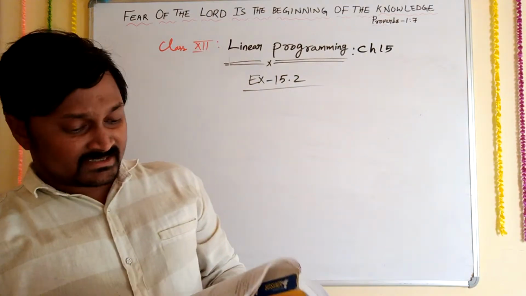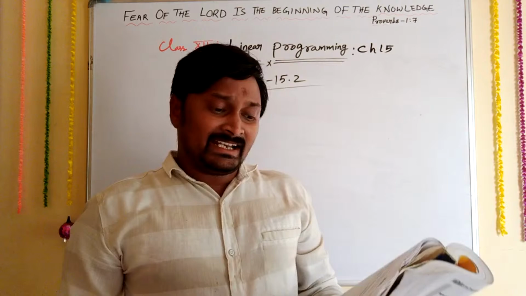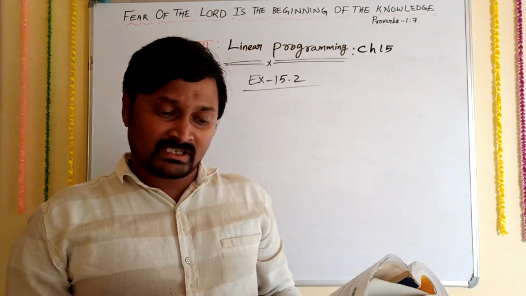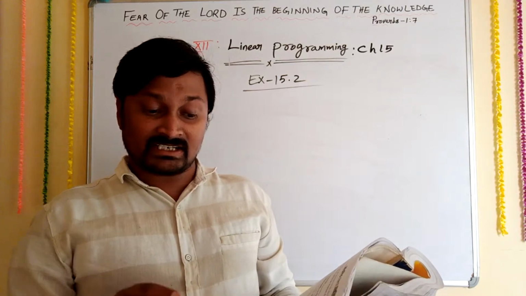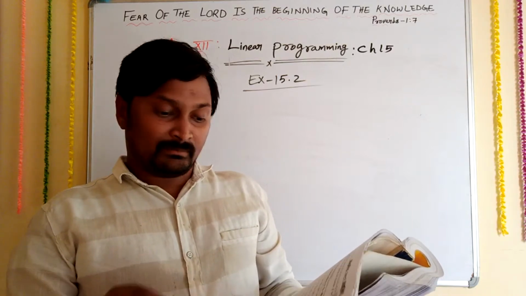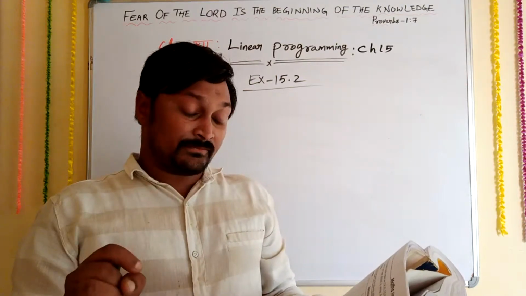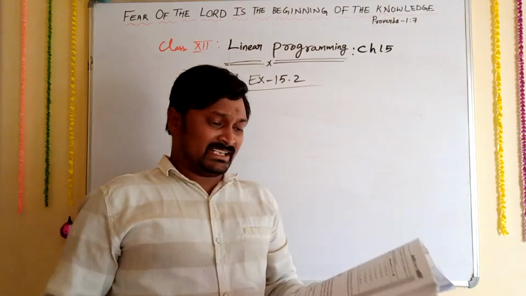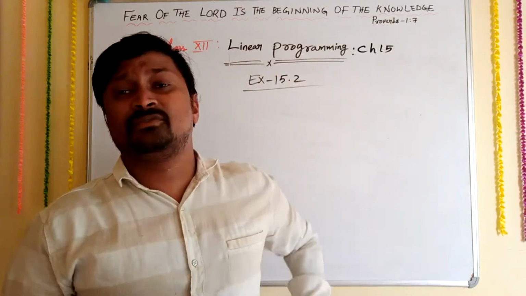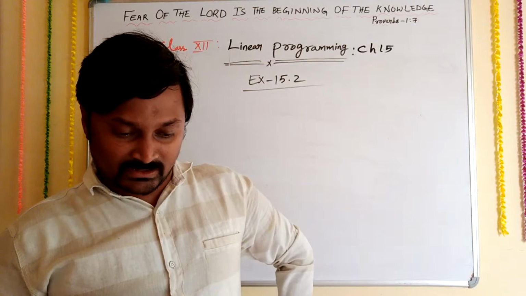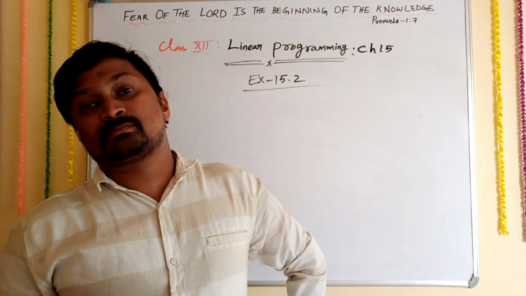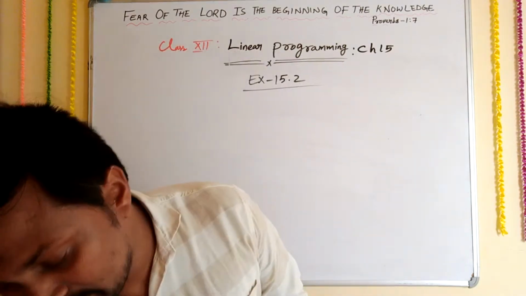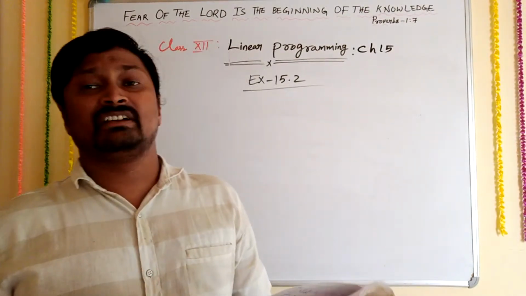Yes. So in this, a dietitian wishes to mix two types of foods in such a way that the mixture contains 8 units of vitamin A and 10 units of vitamin C. If you have the textbook, kindly read it so that you can understand. I will explain what the meaning of that is. For you it is very easy to understand.